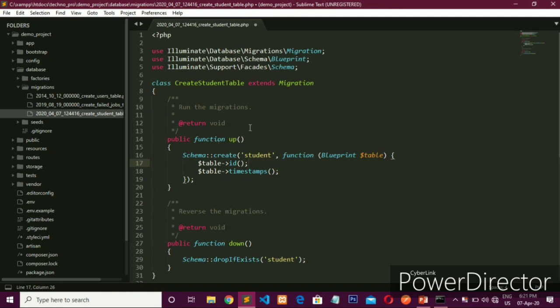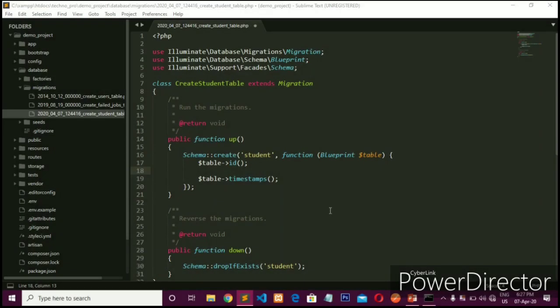Suppose you want to add some column in this migration file. How can you do it? Let's see. Suppose we want to add one column in our student table which is named student name with data type string.